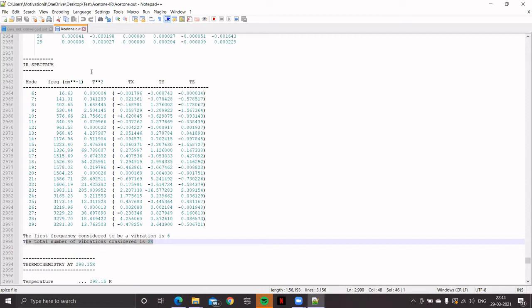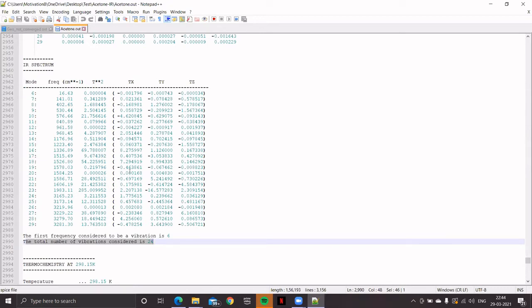Note, here intensity corresponds to how much there is change in dipole moment during the vibration. With the displacement, how much is the change in the dipole moment, that corresponds to intensity. In turn, that corresponds to epsilon, which can be related to the absorbance. The absorbance is epsilon C l. But note, Orca does not give you the absolute value of the absorbance. But we are mainly interested in the relative peaks of the spectrum.